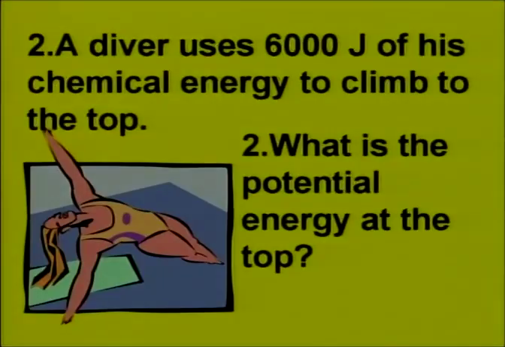That is correct. Now, just imagine that person at the top falling down to the bottom of that platform. He will possess about 6,000 joules of kinetic energy, especially when he is falling down. But halfway, in the middle of the platform, he'll have two kinds: about 3,000 joules of potential energy and 3,000 joules of kinetic energy.